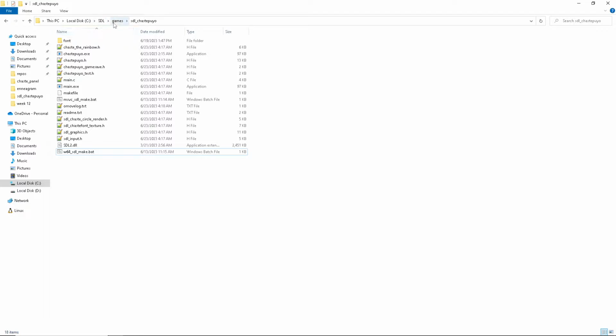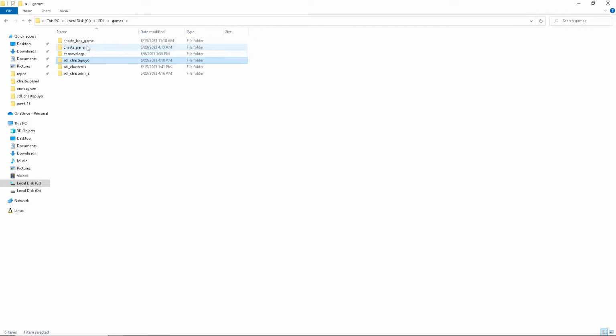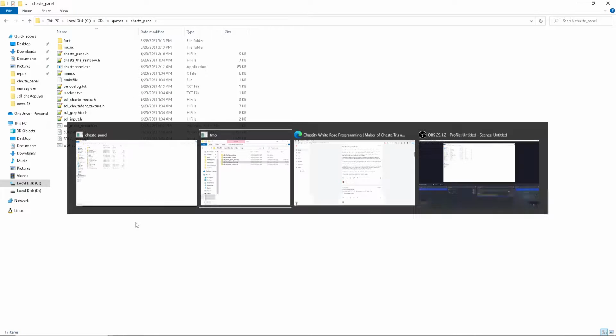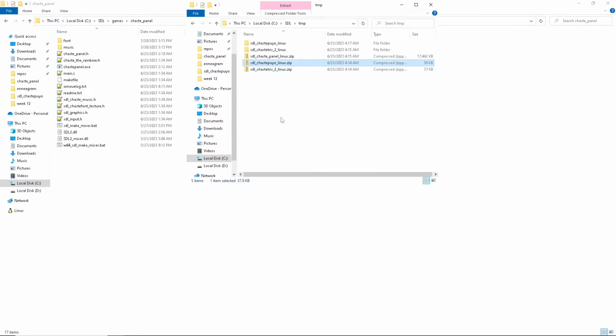Okay, let's see here. We're going to go to games, then chased panel. Here we are. Now you'll notice that chase panel is actually bigger than the other ones. That's because when I made chase panel, I included music with it. The SDL version has music, whereas the other two games, I did not include music in the SDL version, but I did in the Raylib